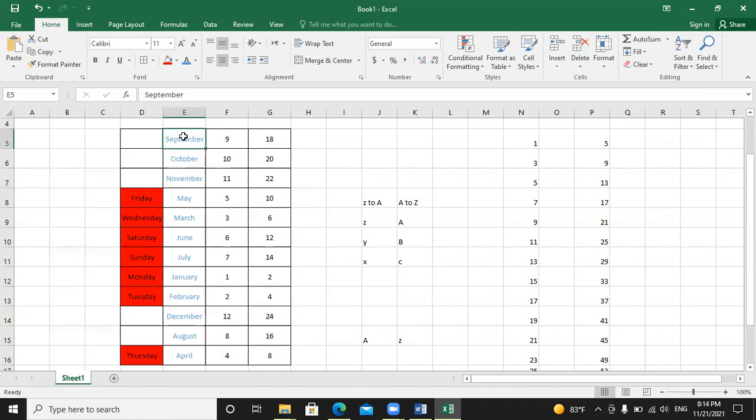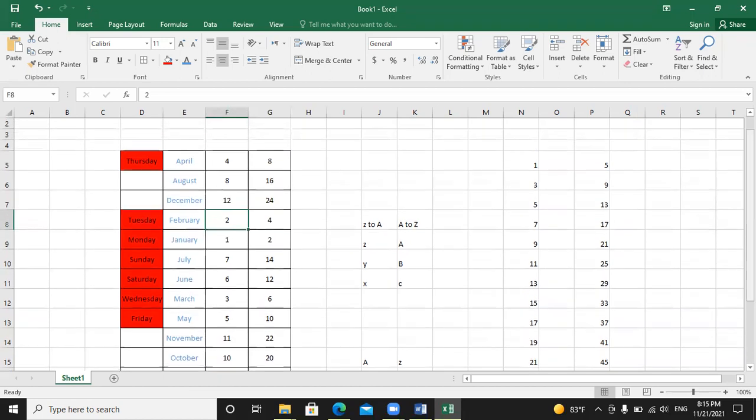Again I can sort it from A to Z. It will start from A. After A it will be B, after that C, and so on. It has started from A. Hopefully this is clear now. I hope so. After that, I have another option of sorting. One sorting is in text. The other sorting is for numbers.